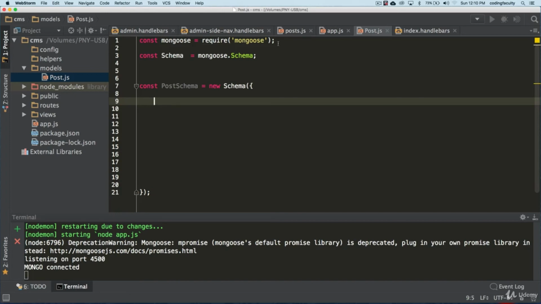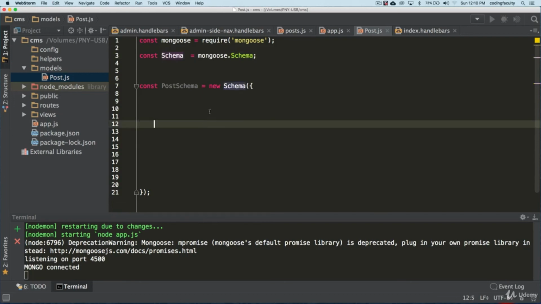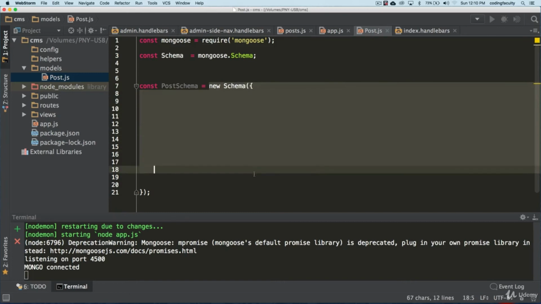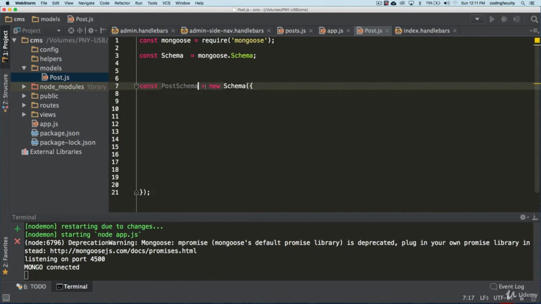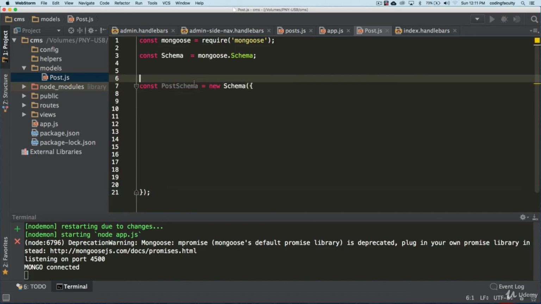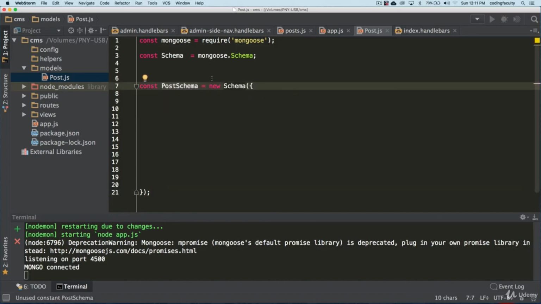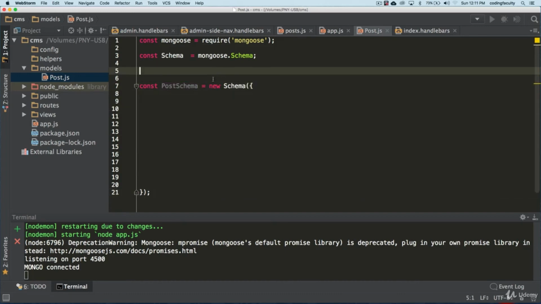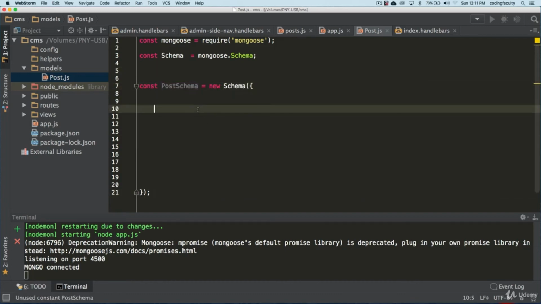So you see what I did? I included Mongoose because that's what we're going to be using. We take out this Schema from Mongoose, and we save it in this variable. And now we create a new instance with an object as the parameter inside. We don't have to do it that way. We could do it like this, or we can go to our app.js and play around with it like this. But we are going to be using this later on. So we're going to be using this whole thing, exporting it out. So we need to have some type of reference.